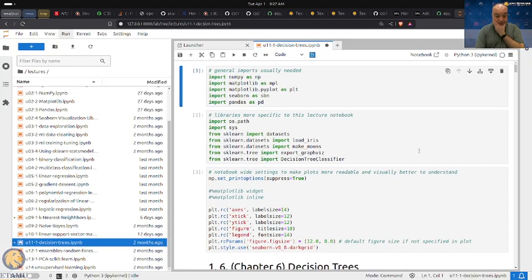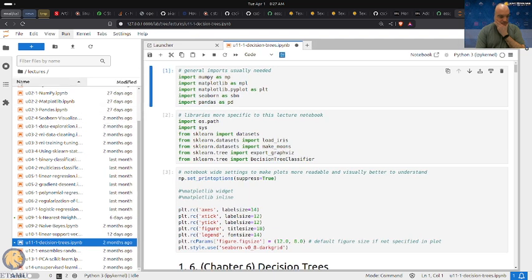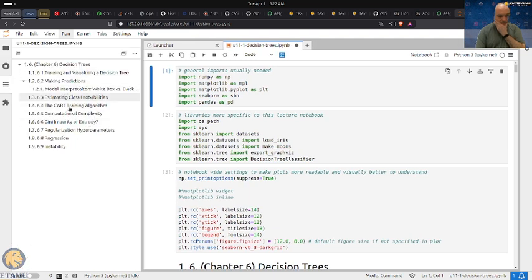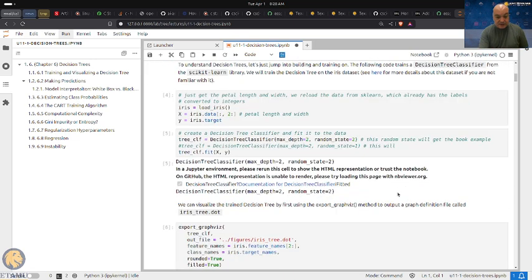So, let's get into decision trees. I won't spend too much time on this one. Decision trees